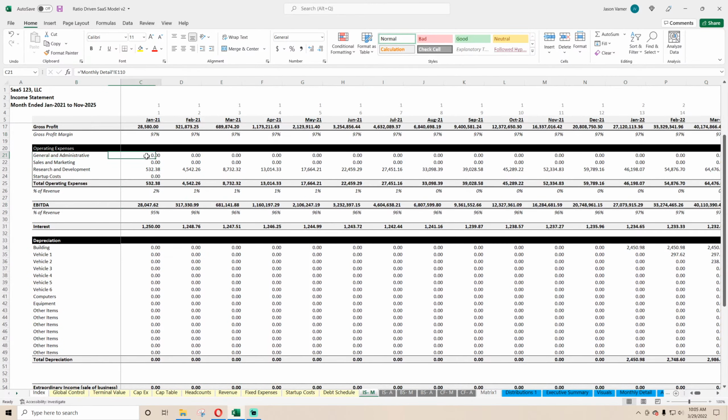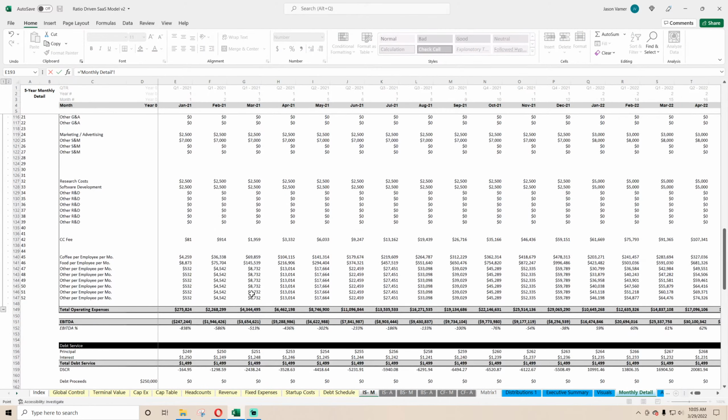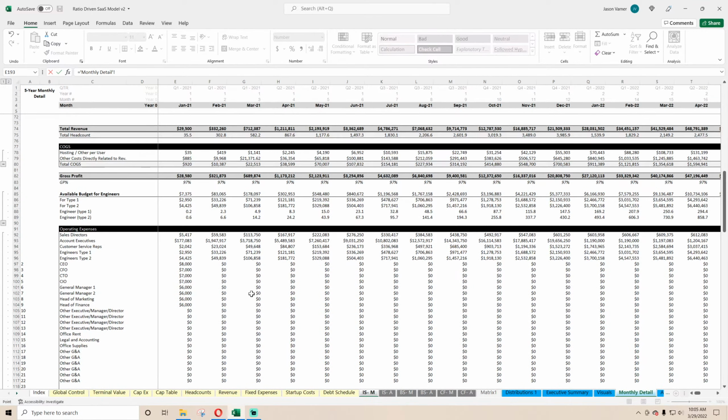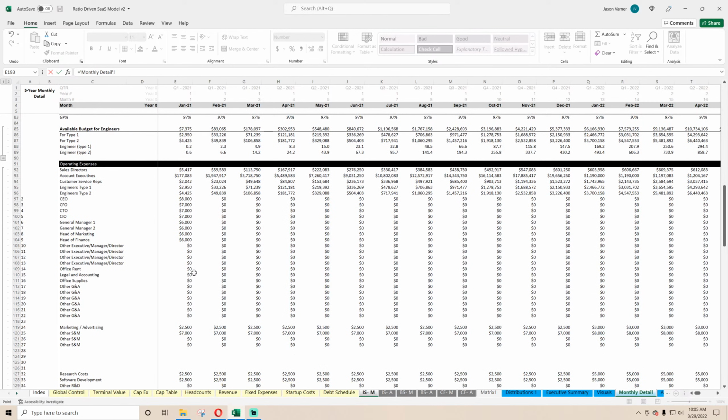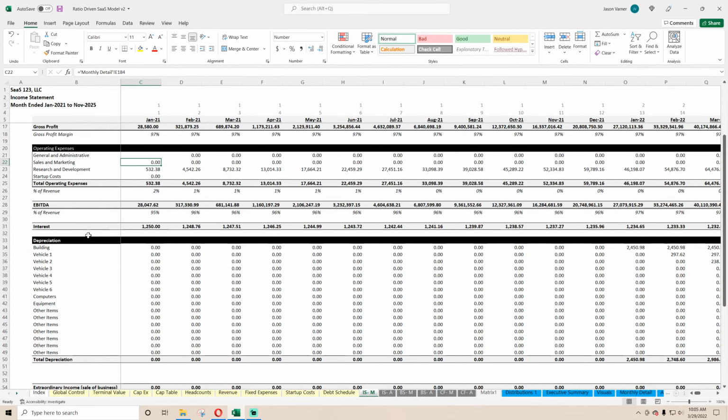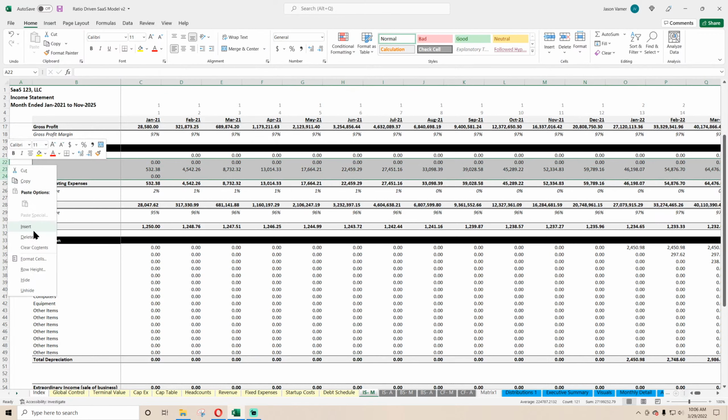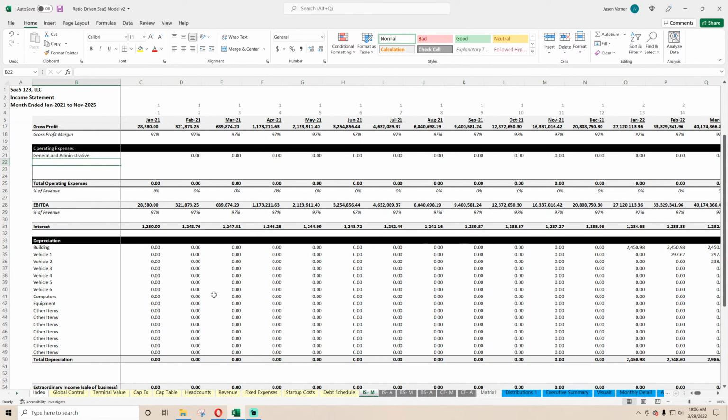Now, operating expenses. Let's break this down. All right, so general and administrative. Let's see. I just summed them all up. However, to get a little bit of a granulation, we could just sum up. Let's see. This is all sales. We're going to have to just do it as one or two different items, because if you change some of the fixed expenses, it wouldn't flow right. So we'll just do